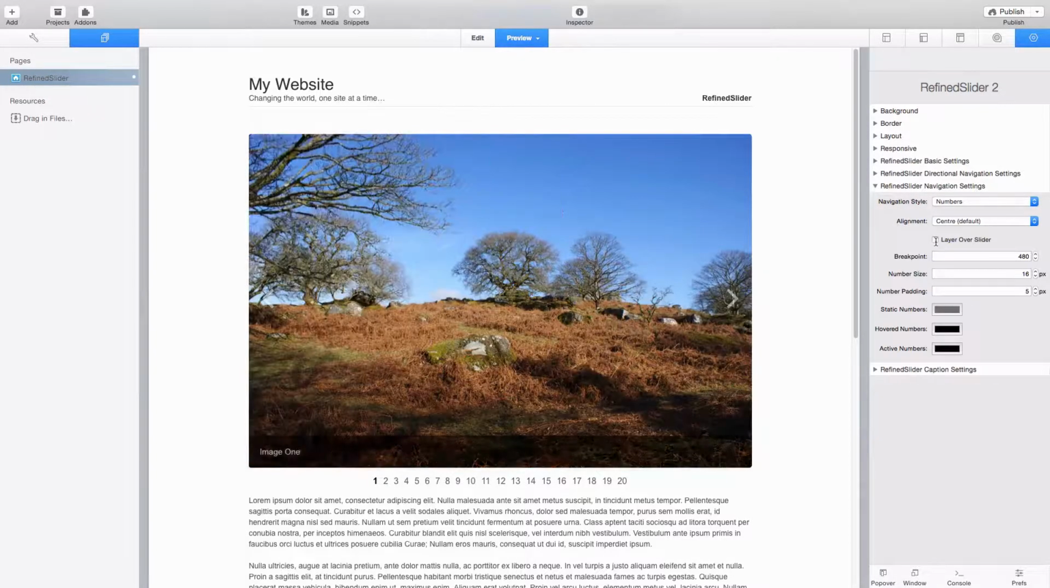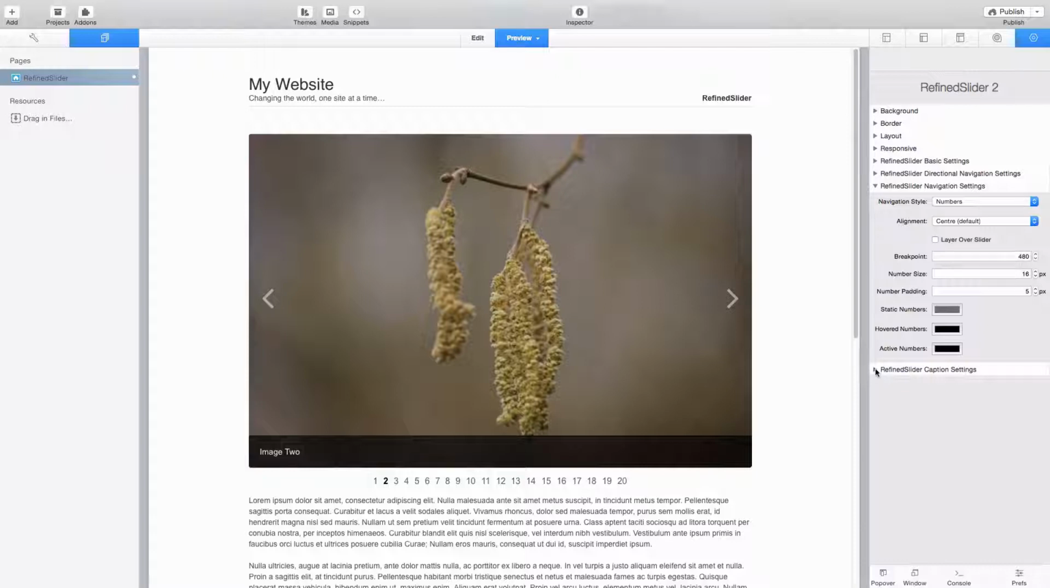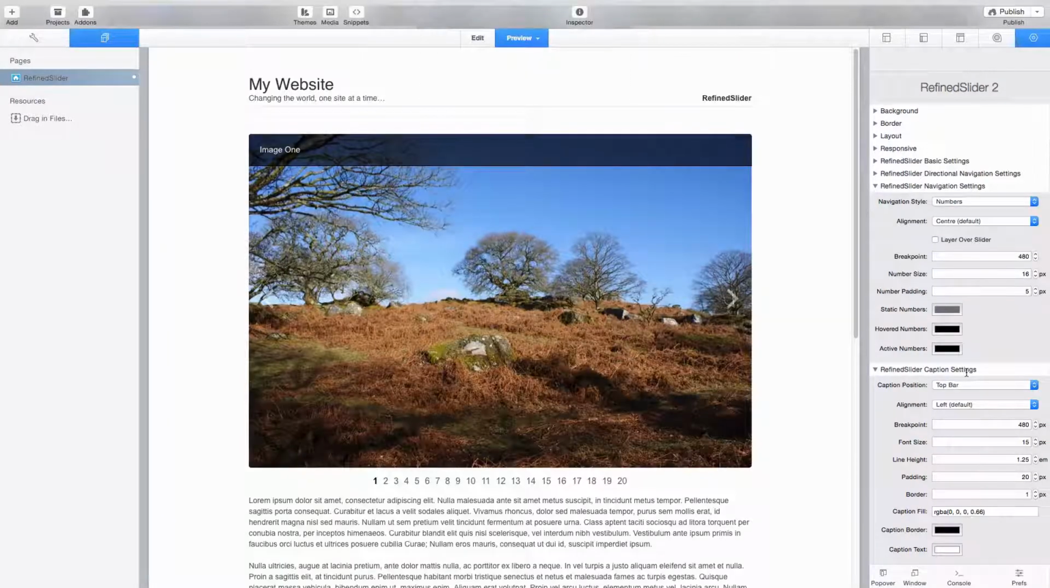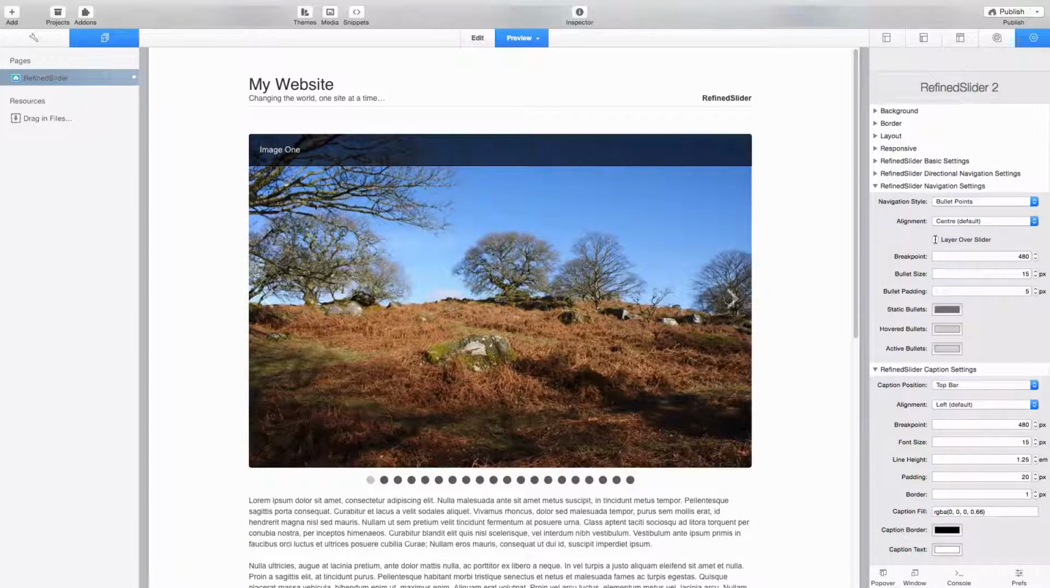You've got the option to layer some of these navigation styles over the slider. Now to do that, it may be advisable to move the caption to begin with. So I'm going to put that to the top, like so. And then if I choose something like bullet points and click the layer over slider,